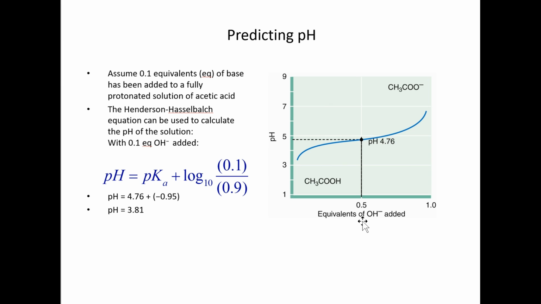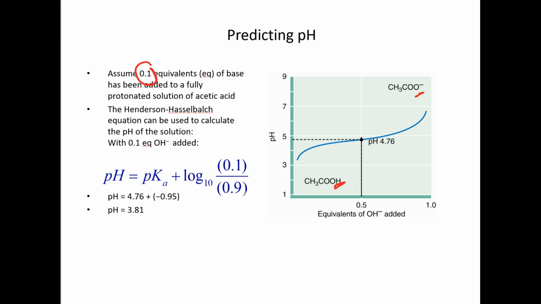So if we start with a total amount of moles of 100%, and we were to add 0.1 equivalent of base to this weak acid, in this case acetic acid, what would happen is we will consume, because we're going to be using sodium hydroxide, so we should get about 100% reaction with the weak acid, we will consume 10% of the acid form and produce the acetate. So this means that we're going to have a molar ratio of 0.1 for the acetate and 0.9